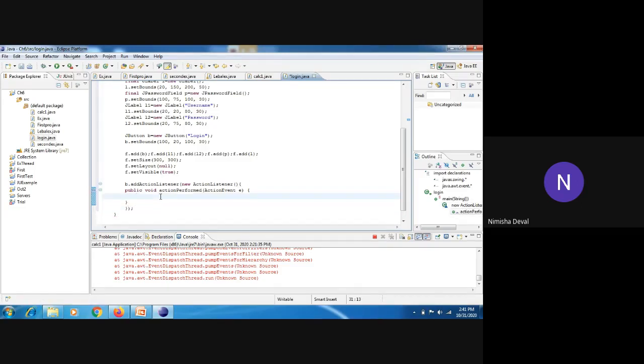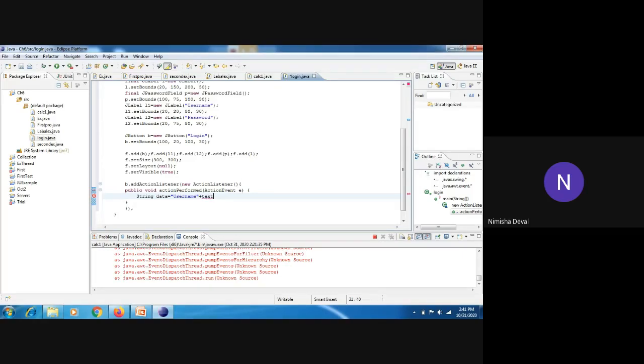In that action listener, you have to write one piece of information as String data is equal to, suppose username is, whatever username you will pass over there, you have to mention here as text, and that text is nothing but